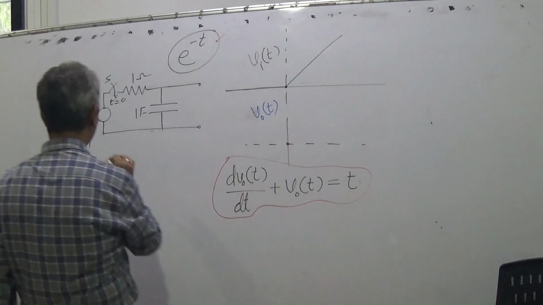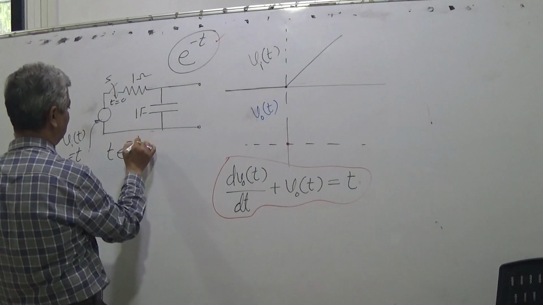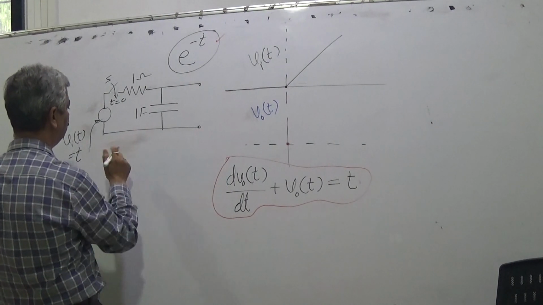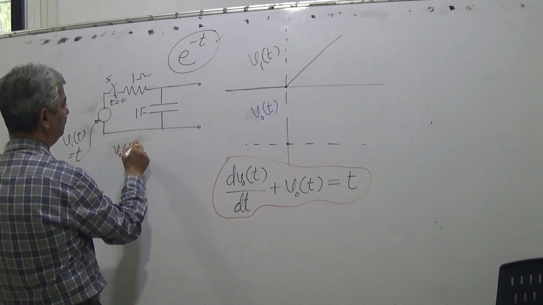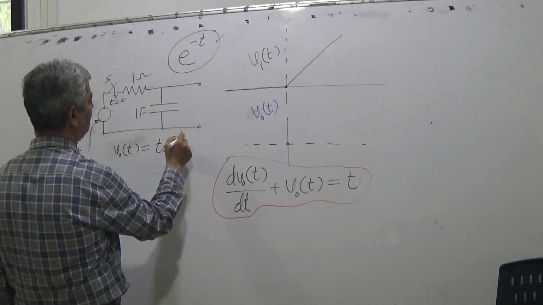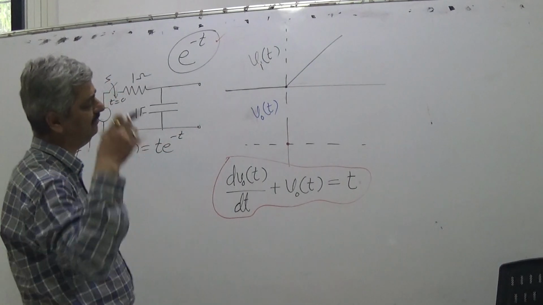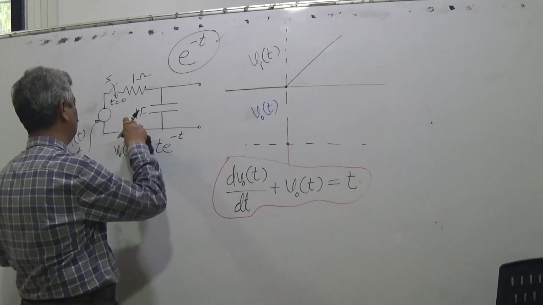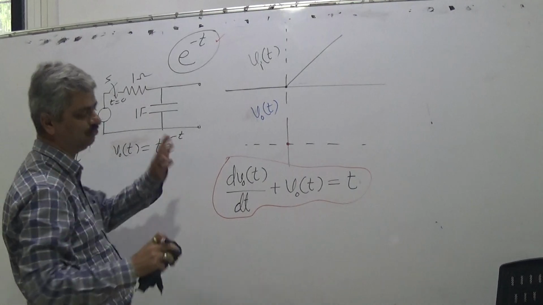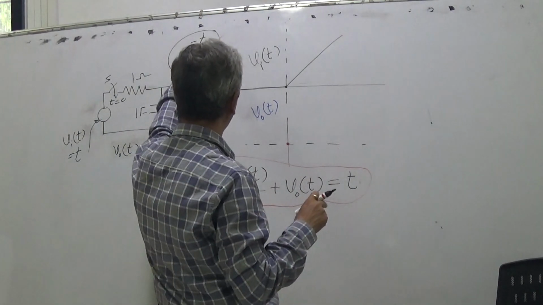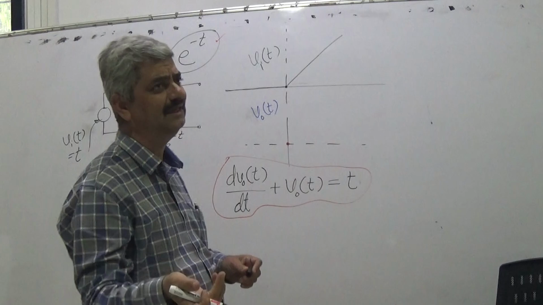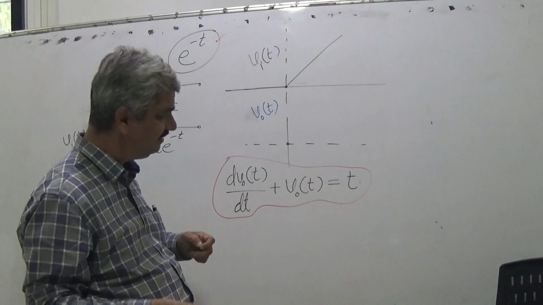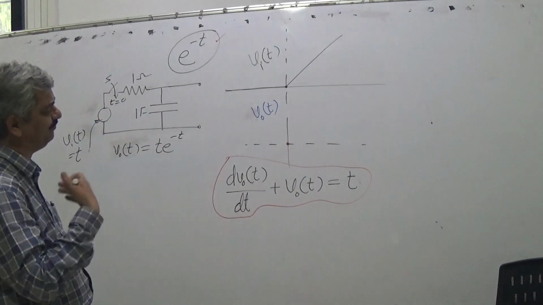So we checked whether v o of t equal to t e raised to minus t is a solution, and we found that we were halfway. You might have found that it is not. Those who have not completed can complete that this is not the solution. Something related to e raised to t should be there. Why it should be there, we will come to know later. But you can have another approach.